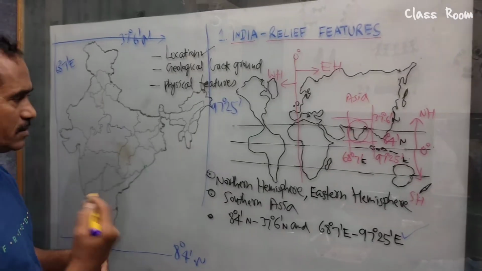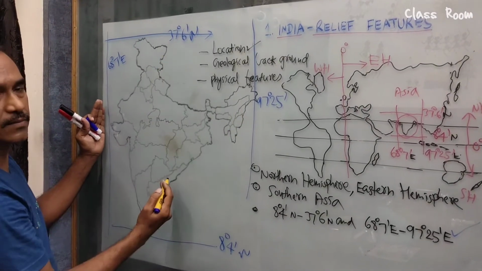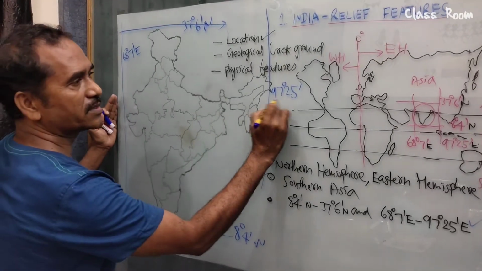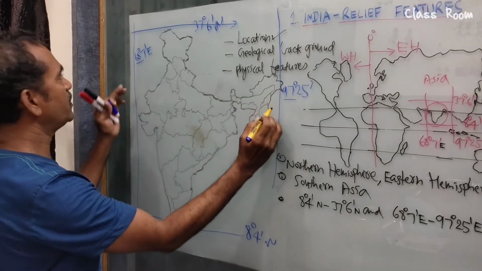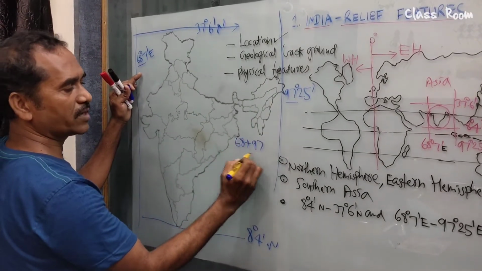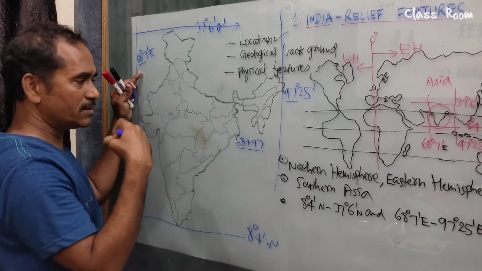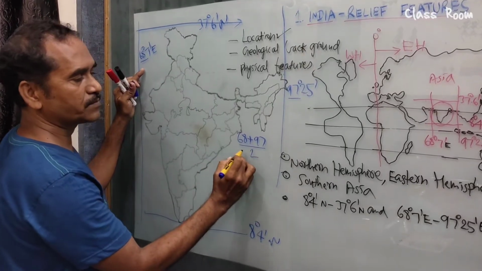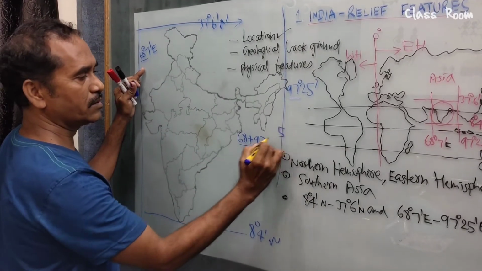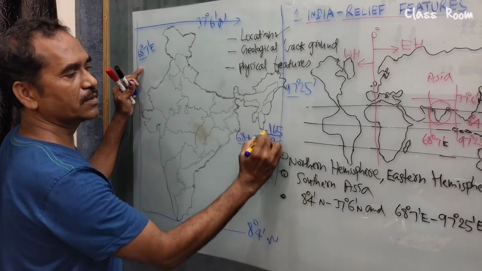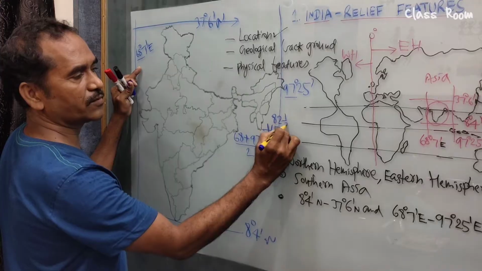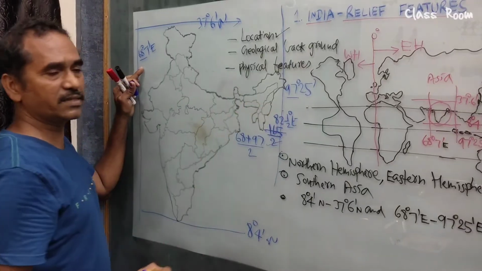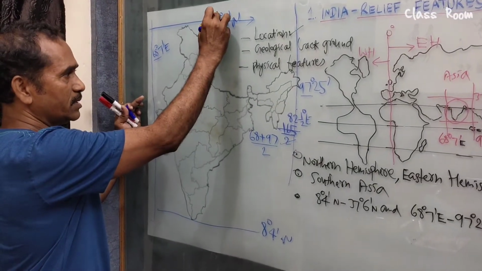Now, one question we can keep in mind. What is the Indian Standard Time? Which longitude passes through the middle of India? So we calculate 97 and 68. What I am doing, I am going to find out the longitude which is going through the center of India. Dividing by 2, we get 82 and a half. So 82 and a half degree east longitude is passing through India at the center.